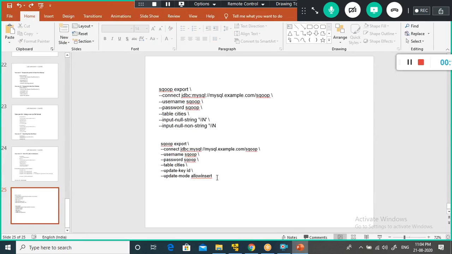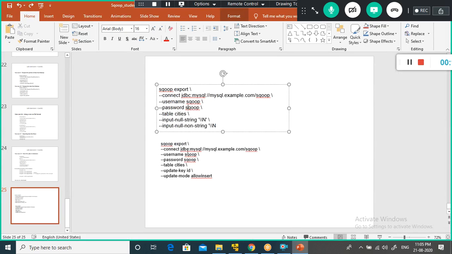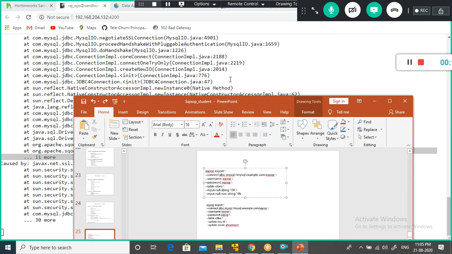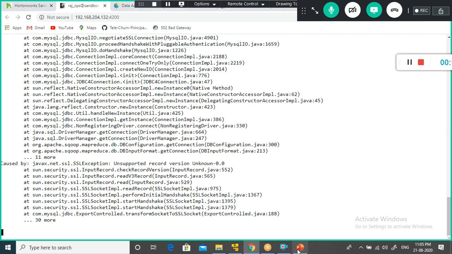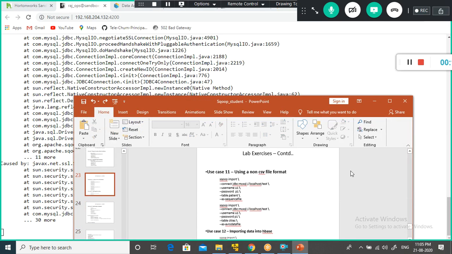So this one, allow insert, let me recheck and I'll come back to you, right? Probably both. I will recheck, and I forgot this because long back I used all these options, but you can also give it a try. Okay, so these are all assignments, you just give it a try.